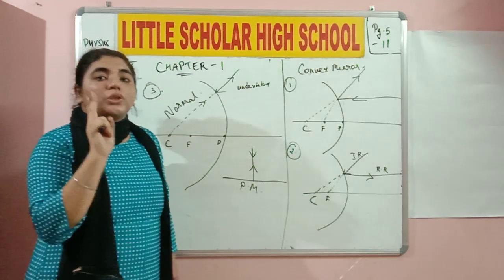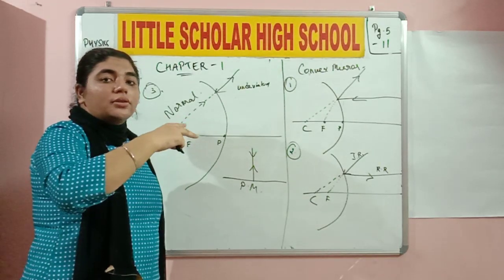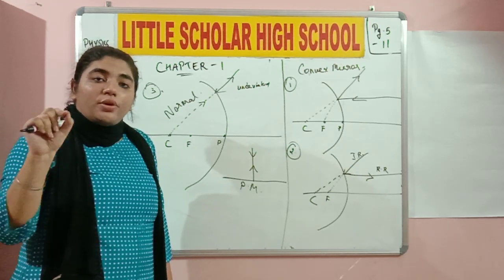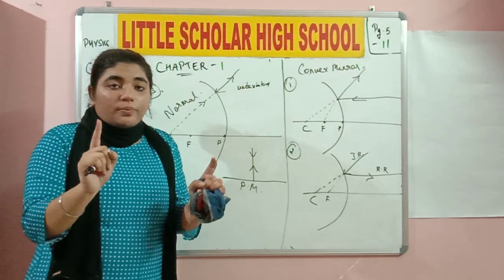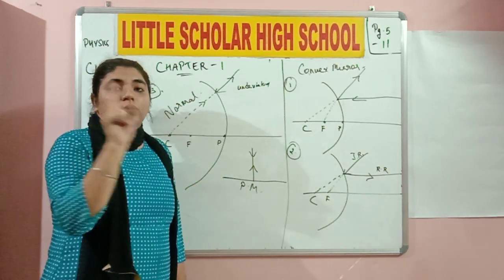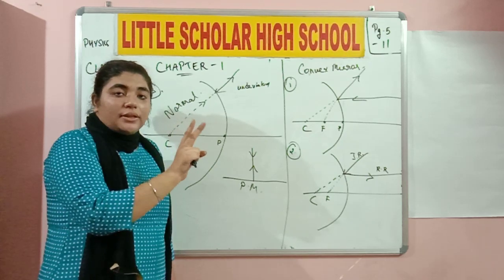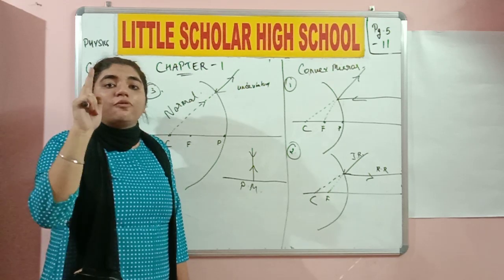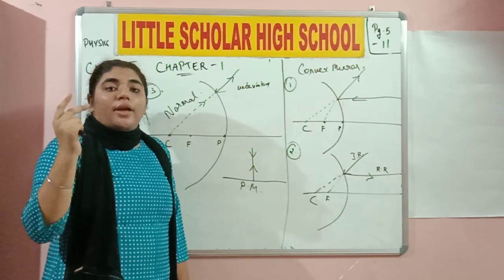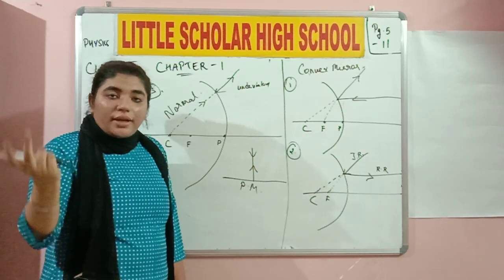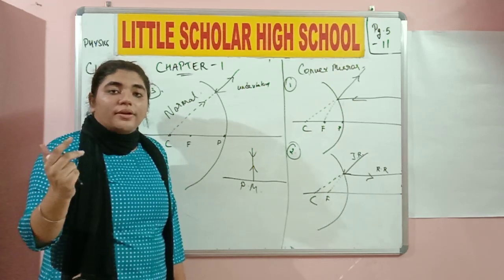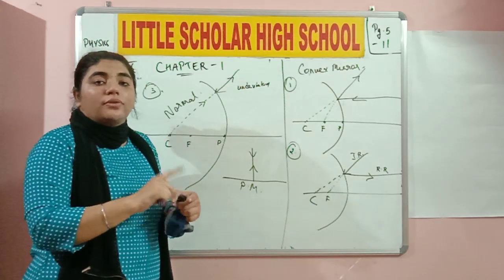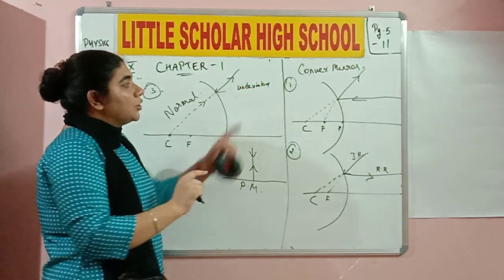We always consider two incident rays coming from the object, and the resultant image is drawn with the help of the two reflected rays which are going to intersect at a certain point. Listen to me: we are going to use two incident rays coming from the object, and these two incident rays are going to be reflected, and when the two reflected rays intersect, they form the image. That image helps us understand the nature and characteristics of the image. Do you understand now? So what rules are you going to use when you draw the ray diagrams? Rules 1, 2 and 3 of the concave mirror, and 1, 2 and 3 of the convex mirror.